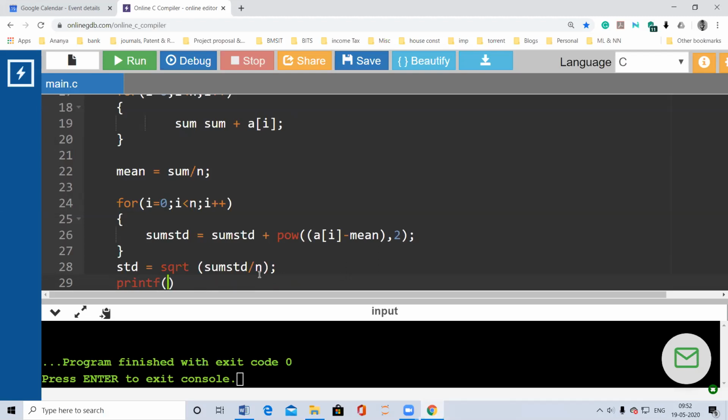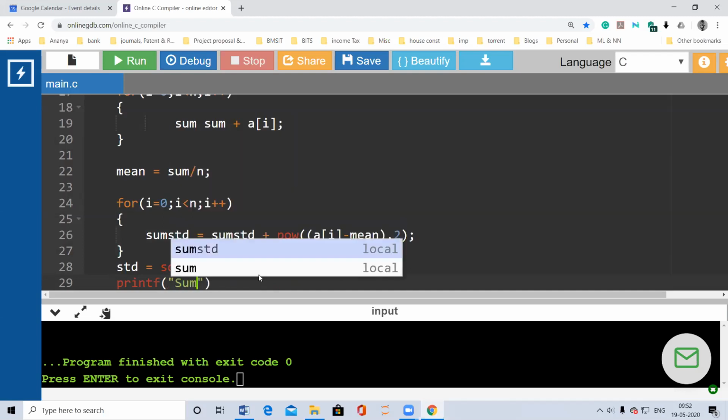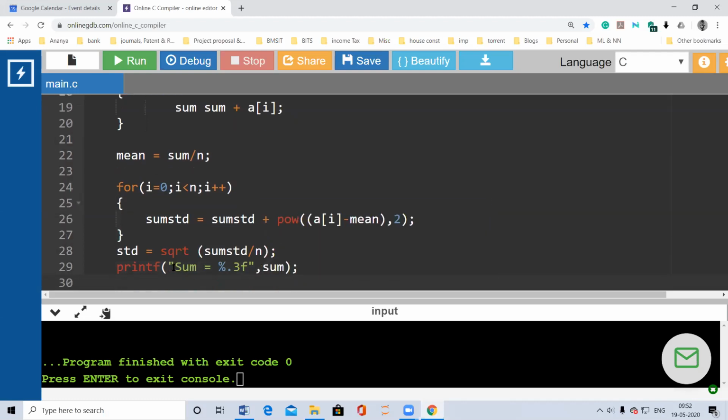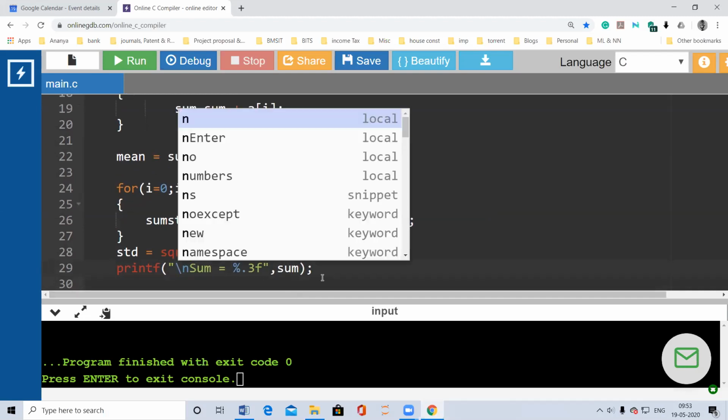So let me print this. I'll say sum equal to, sorry, percentage 0.3f and comma sum, right? Okay, now I'll put a slash n in here, let it print in the next line.